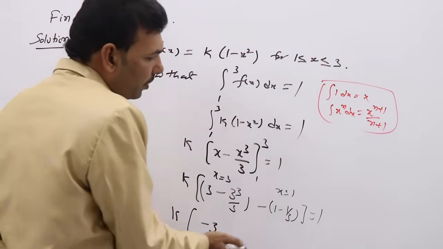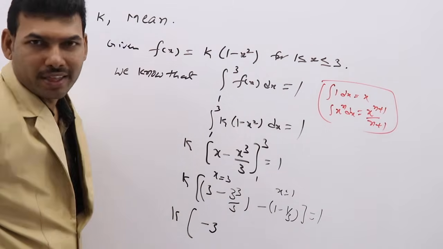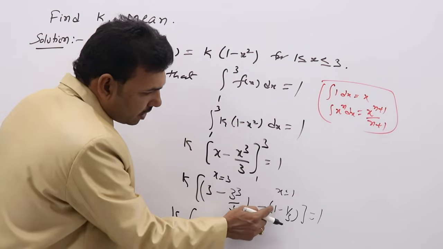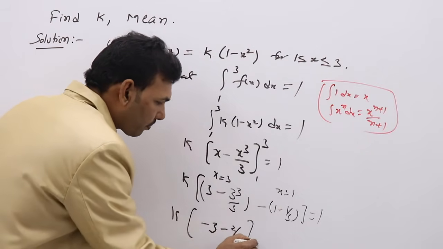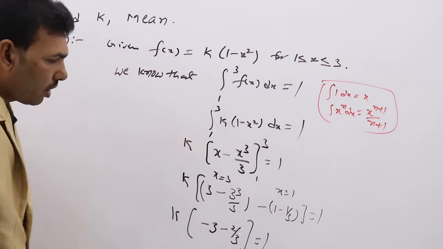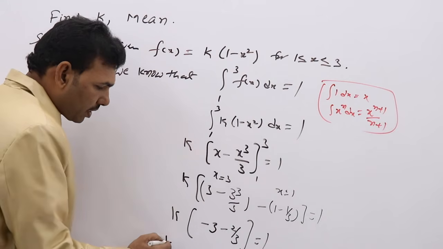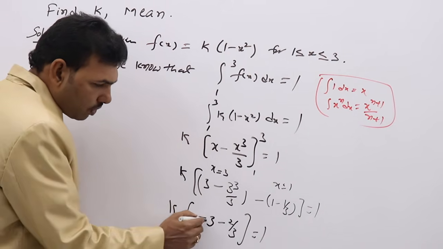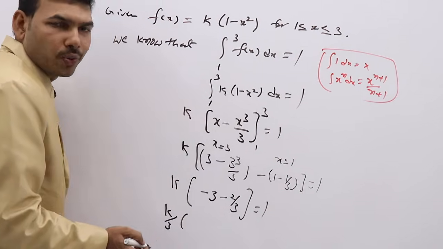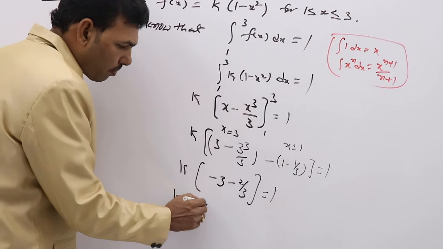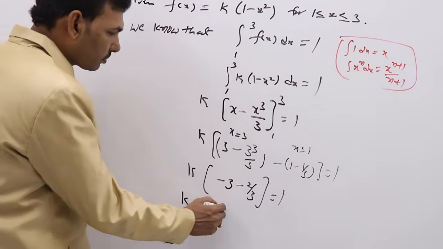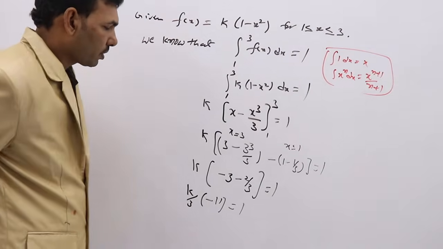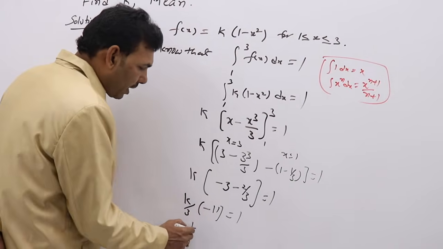So coming to here, 1 minus 1 by 3. If you take 3 LCM, 3 minus 1, 2. 2 by 3 equal to 1. Now take 3 LCM again. K by 3 into 3, these are 9. 2 minus 9, minus 2, minus 11, equal to 1. So what will you get? K value